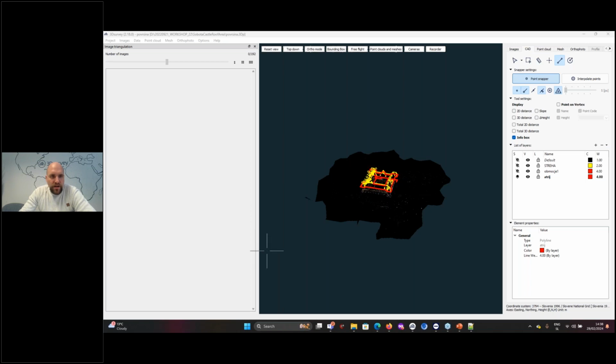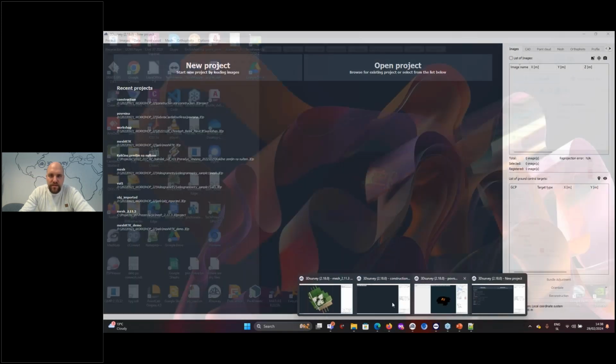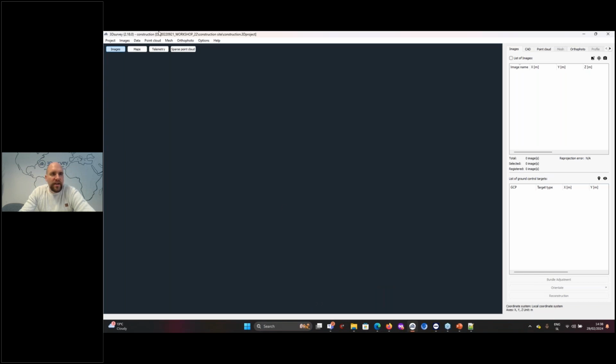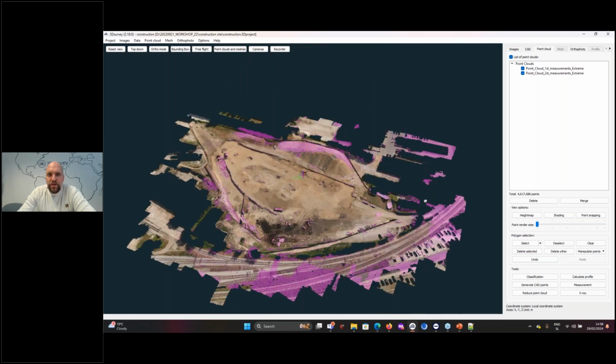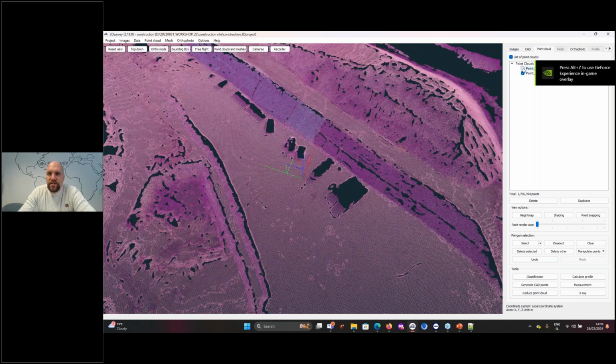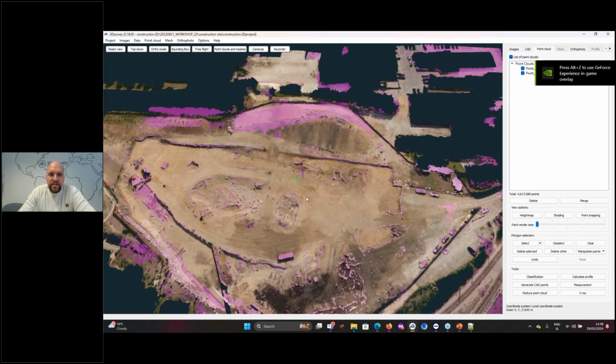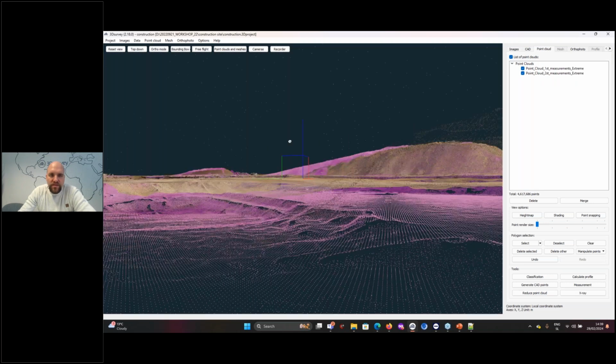So now I want to go to the next part of the presentation, and now we will be talking about how 3Dsurvey can also be used if you are calculating volumes. Again, I have here another 3Dsurvey project, and in this project I don't have any pictures. In this project I only loaded 2 point clouds. So this is point cloud first measurement and point cloud second measurement. And what we will be doing is calculating the volume of the excavated material between these two measurements.